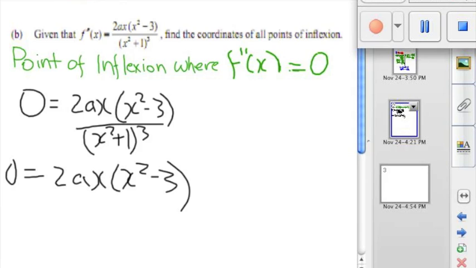So now we've got a quadratic equation somewhere. We've got an equation that we know we can solve by finding all the x values that make the equation equal to 0. So x squared minus 3 can be considered a difference of squares, because we can square x and we can square 3. So we can simplify that to 0 equals 2ax times root